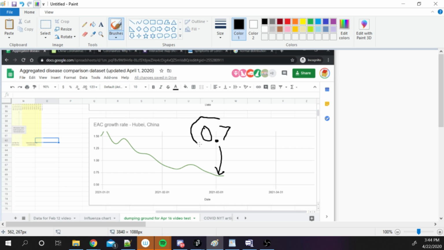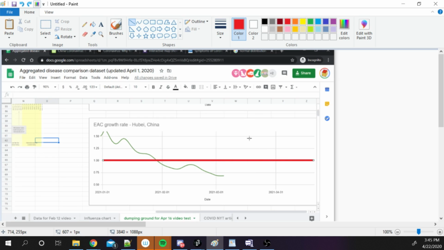Of course, there's nothing magic about 0.7. If you're at 0.9, it'll just take a little longer to eradicate the disease, but you'll get there eventually. So all of this talk is essentially to say 1.0 is the most important threshold of this image. If you're above it, your pandemic will spiral out of control. If you're below it, it'll stay contained at a finite maximum value. So with these lockdowns, the real push is to get this green line to just go like that. And as soon as you cross that 1.0 line, you're not in the clear, but you're on the right track.